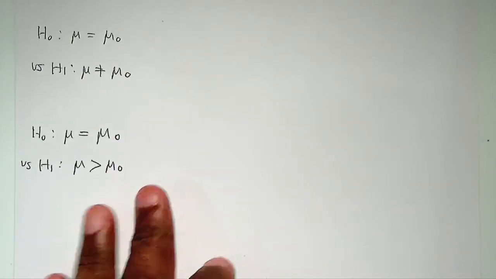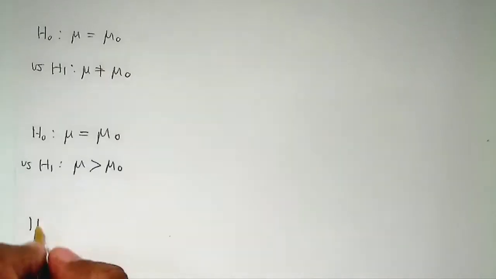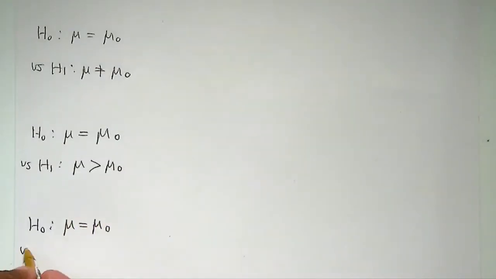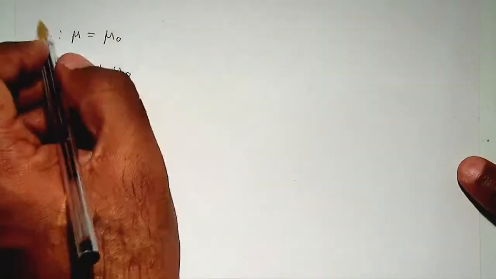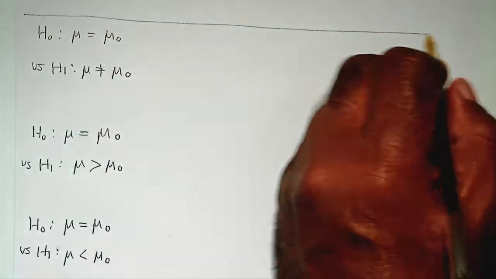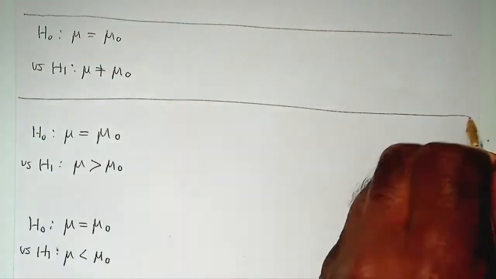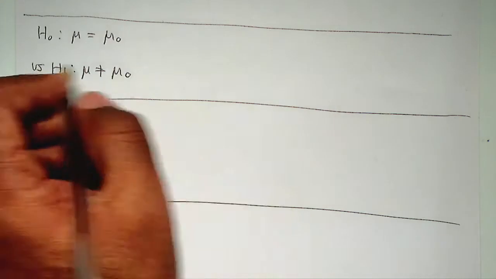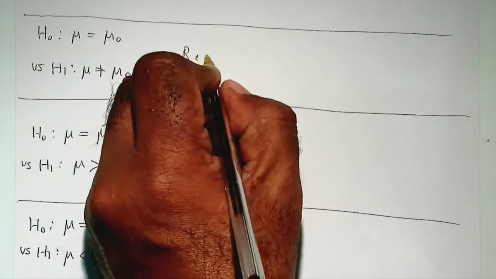And finally, you can have the hypothesis where mu is equal to mu0 versus mu less than mu0. All right, so there are three sets of hypotheses. And in this case, you will reject